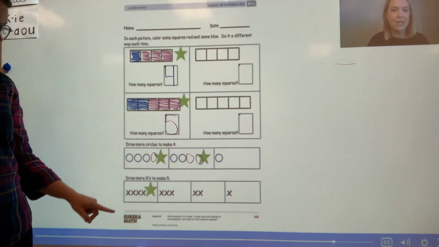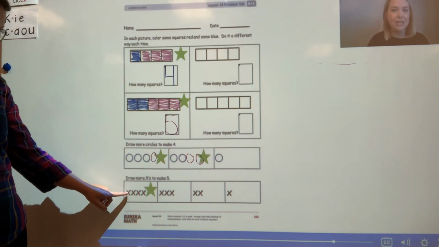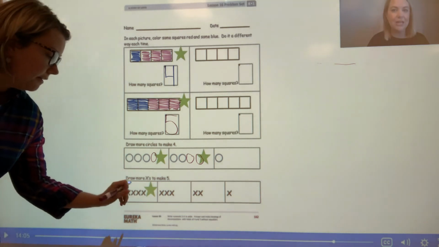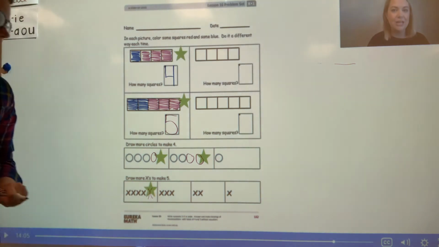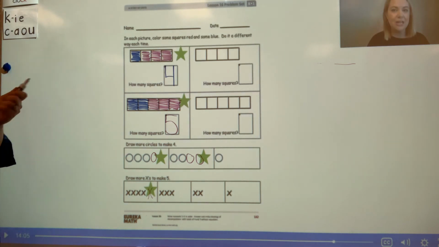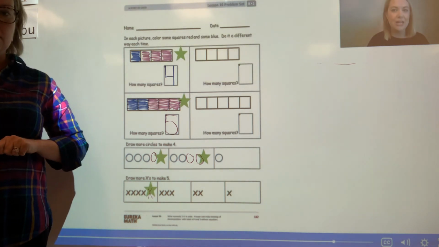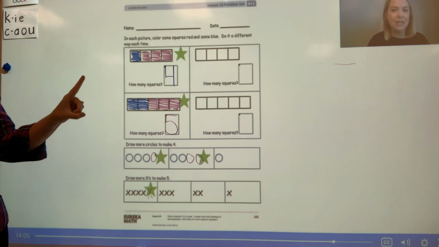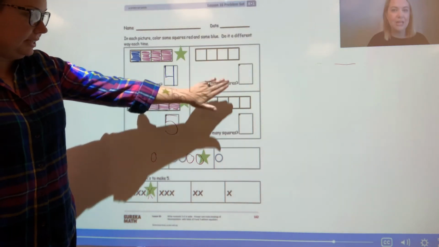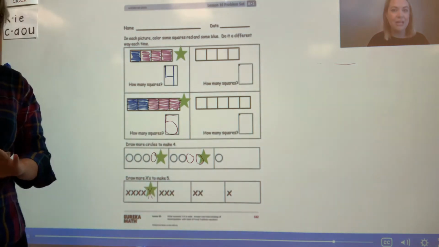I need to make 5. So I can count 1, 2, 3, 4. How many do I need to draw to make 5? Everyone? Just one. Okay, so on these ones that we didn't complete, I want you to complete that on